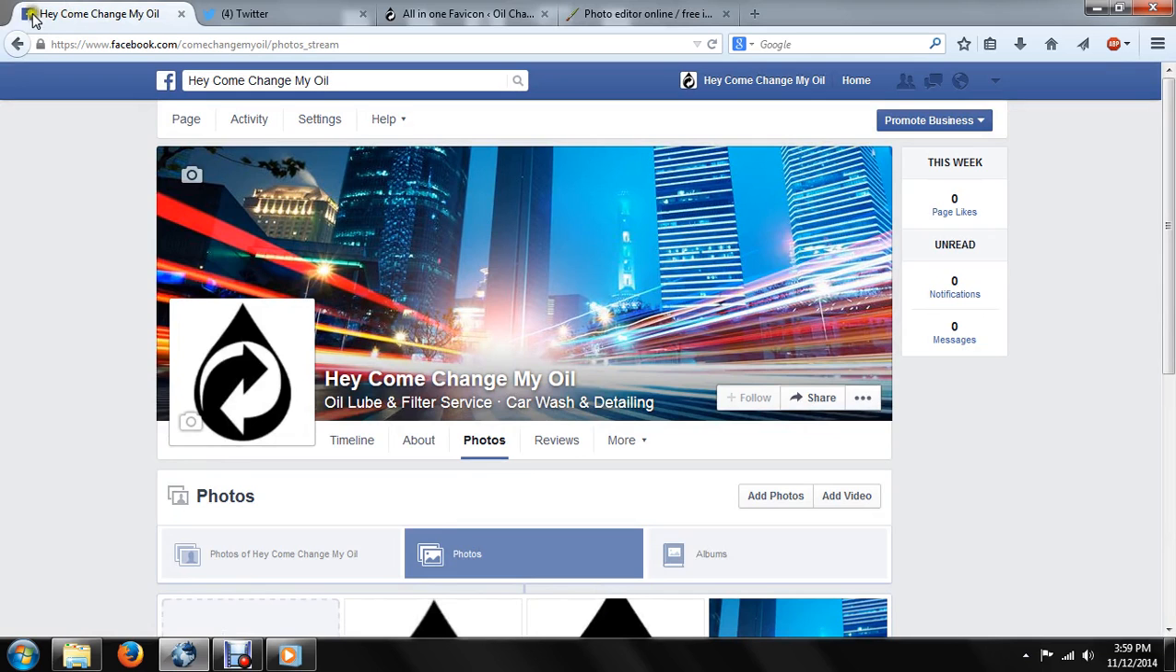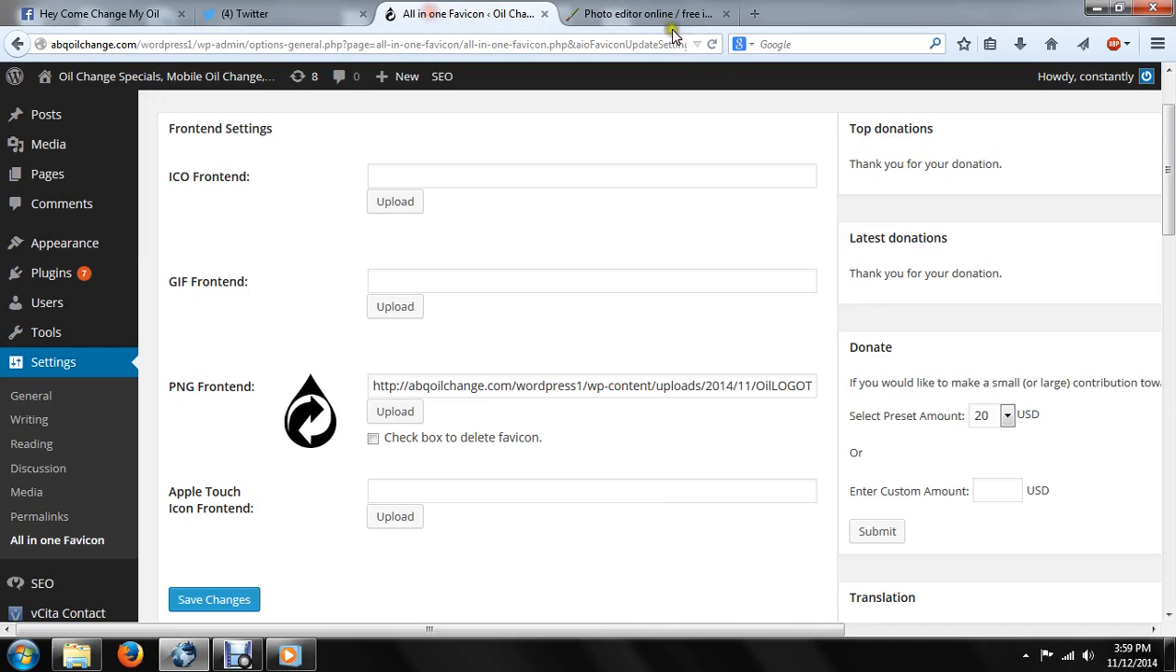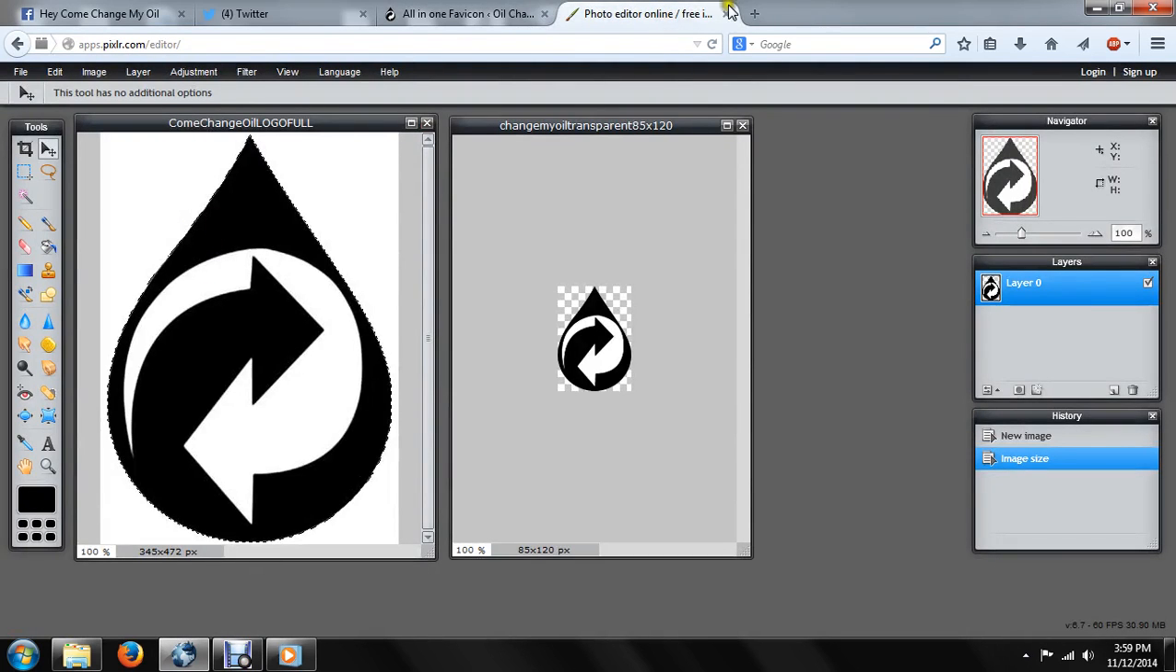Facebook, their logo doesn't matter because it's a solid square. Twitter's, you can see it actually has a transparent square around it you can't see, and this is the end product right here. So I'm going to jump into it,